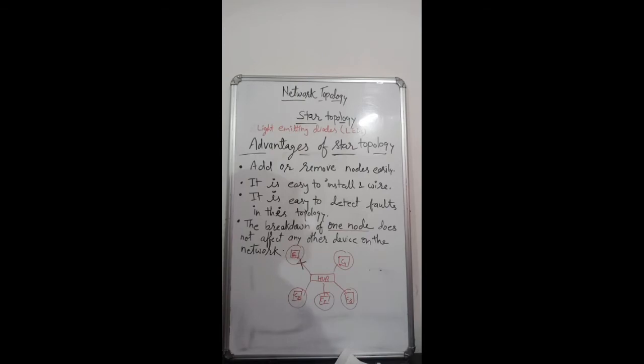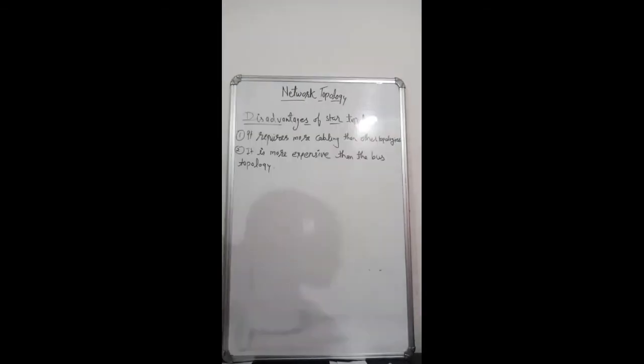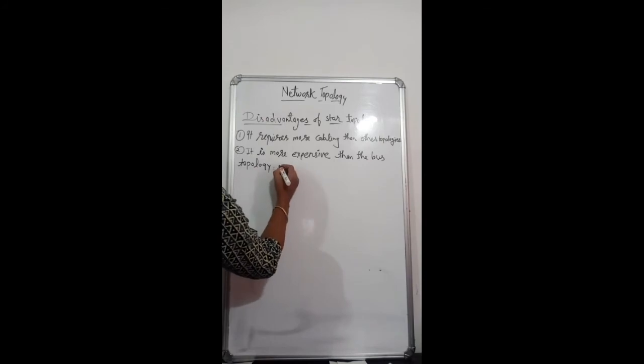Now come to the next, the disadvantages of star topology. It requires more cabling than other topologies. That is the first disadvantage of star topology. Next, it is more expensive than the bus topology because of the cost of